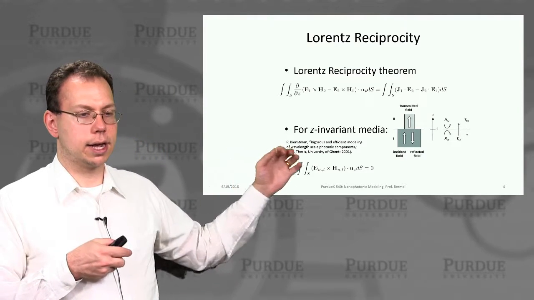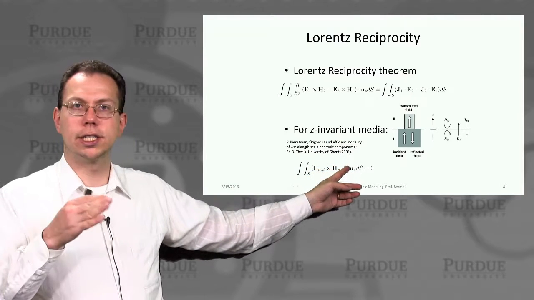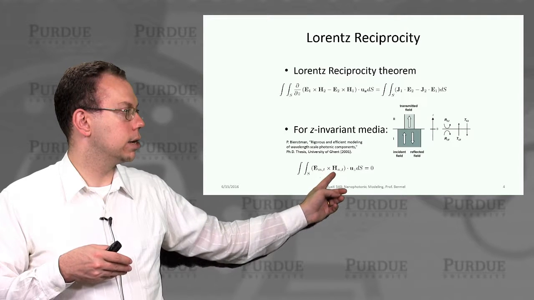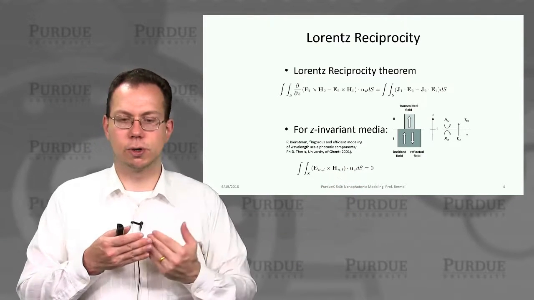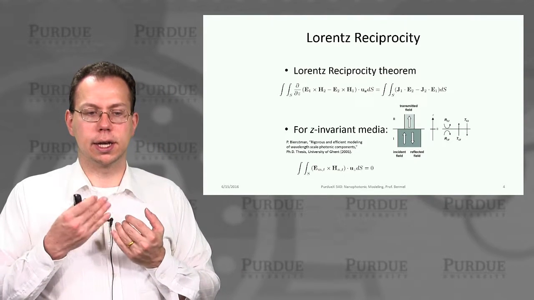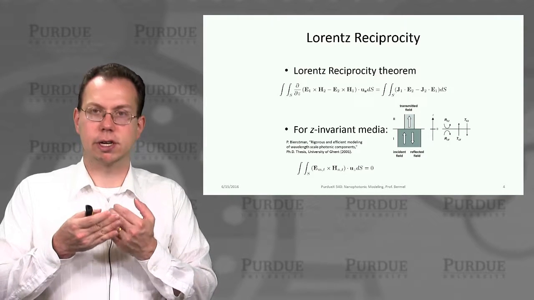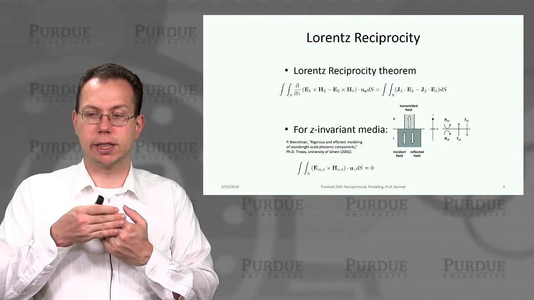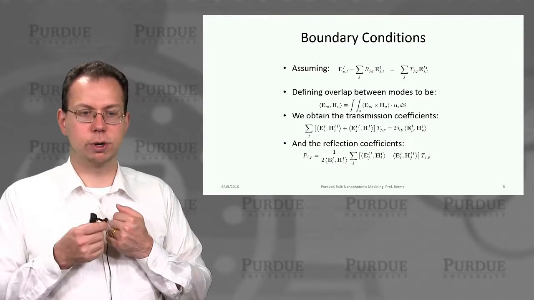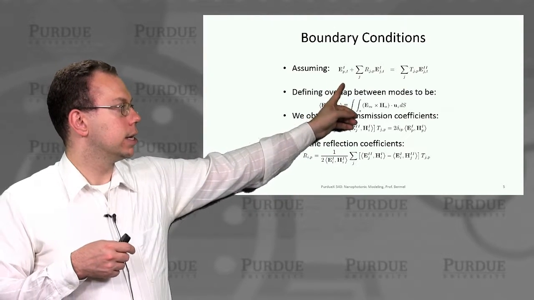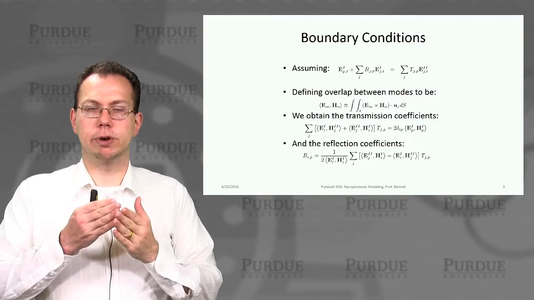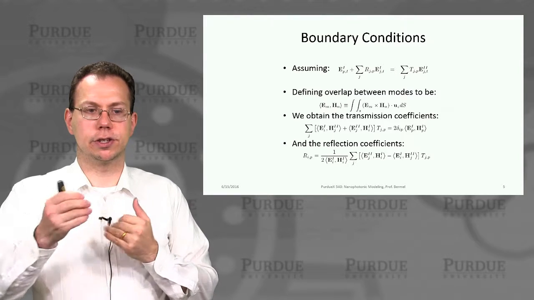Then for z-invariant media, that allows us to simplify very quickly to something that just looks like E cross H across the boundary dotted into the normal direction being equal to 0. That's a very simple expression that allows us to ensure that for whatever set of eigenmodes we have, as long as we combine them on each layer, then we can match them across the boundaries. To go into a little more detail, you can see we can write E as a sum of these terms, and it would have to be equal to the input wave plus the reflected waves and the transmitted waves, right?